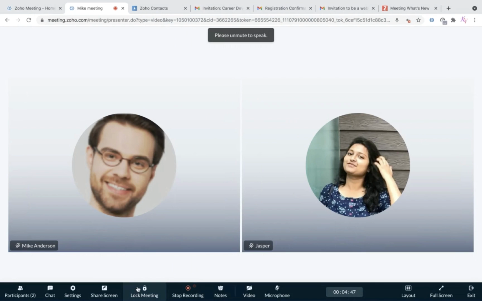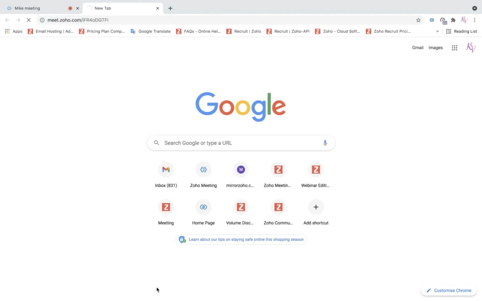So now we get back to the presenter screen, and now let's talk about lock meeting. In order to conduct a secure online meeting and to minimize interruptions, you can make use of the lock meeting feature. Through this, you can make your meetings more confidential to keep them secure from unexpected attendees. You will be notified when someone tries to enter your meeting, so you can let them in only if you want to. Now, let me show you a live example of how exactly the lock meeting feature will work.